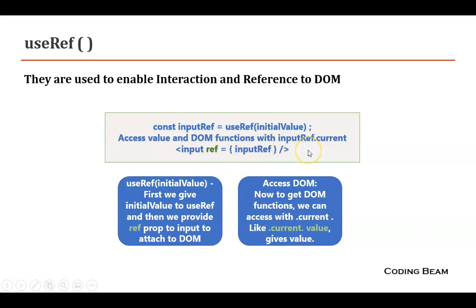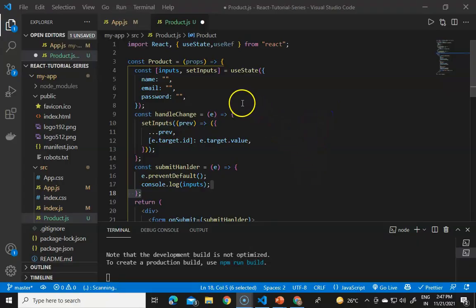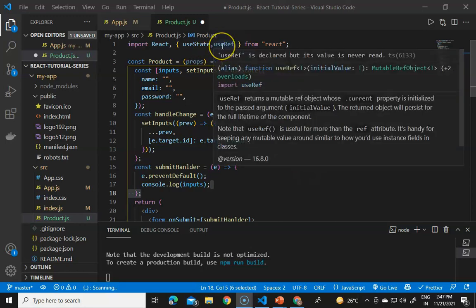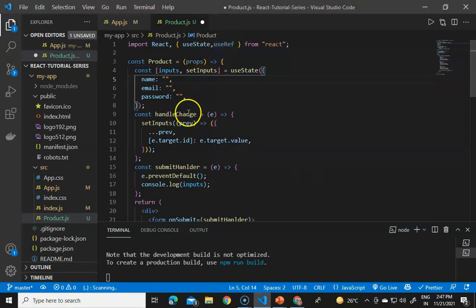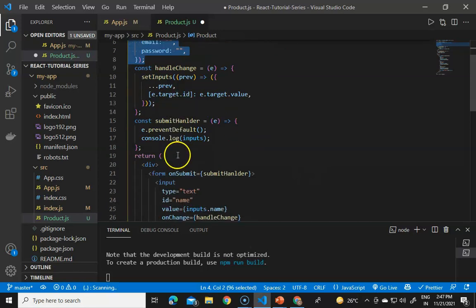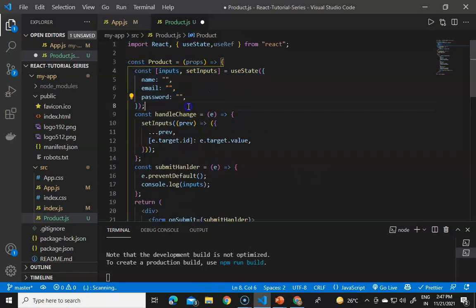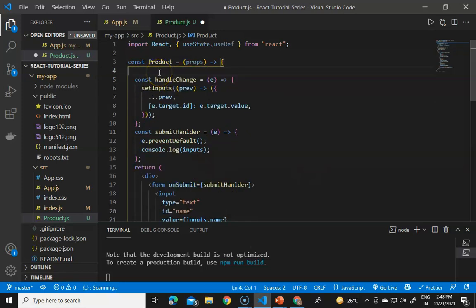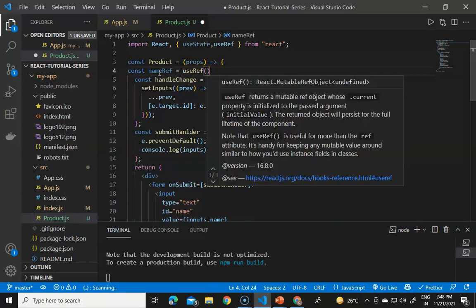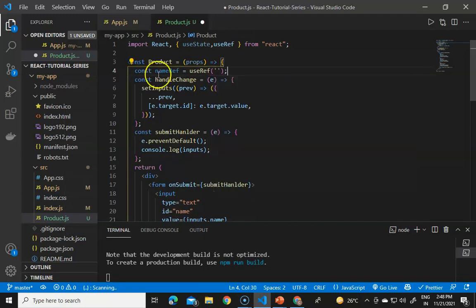So to demonstrate this, first we have to go to Visual Studio Code. Now we are in Visual Studio Code, and we have to import useRef from React, and then use the useRef instead of the useState, because useState is used for a controlled state in React. So these inputs will be performed as controlled inputs in React. So we have to remove the useState, and then provide the ref now. The ref will be like const nameRef equals useRef, and then we provide an initial value, and for now it will be just blank.